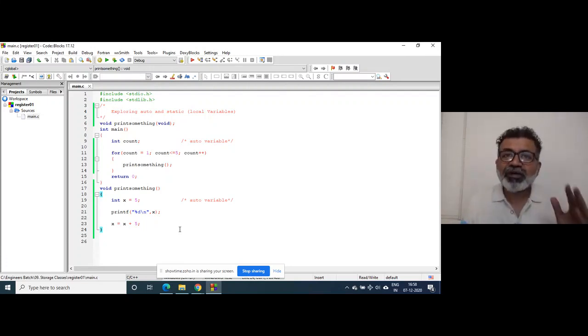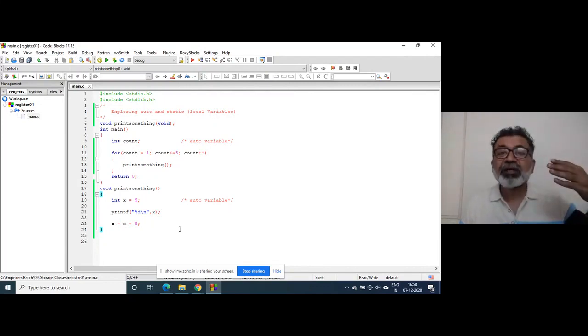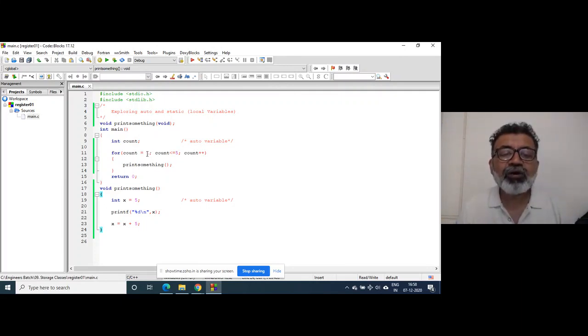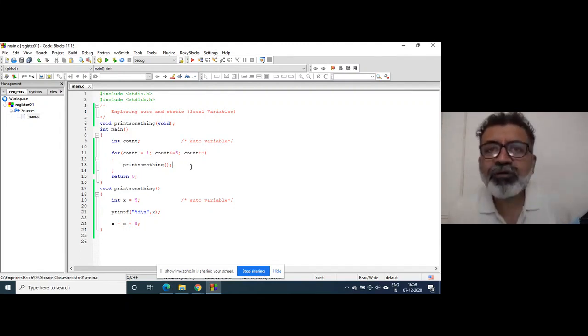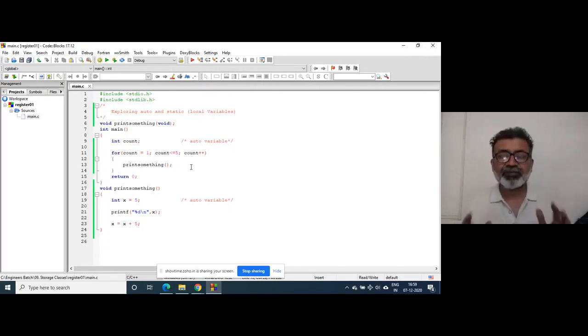So creation of function, creation of x, increment of x is repeated 5 times. Only because why? You have called this function 5 times from the main function. Since I have not taught you functions yet, I don't know how far you understand the concept of functions, but you have learned functions, I think, in colleges, so you may not face that many problems.